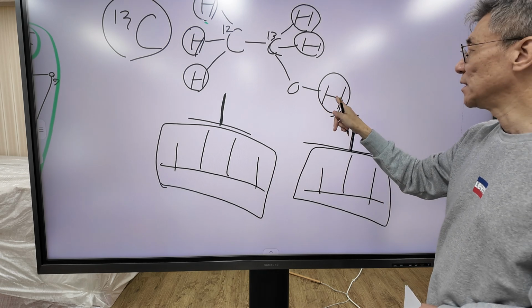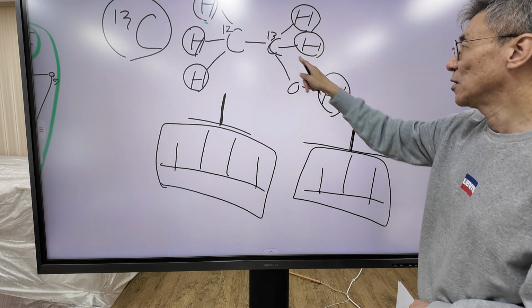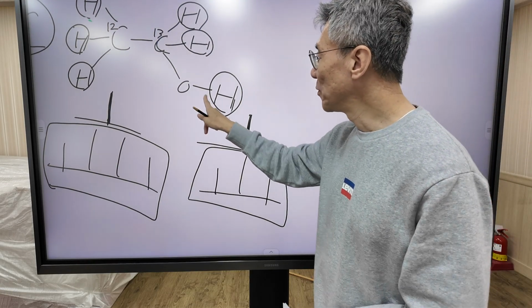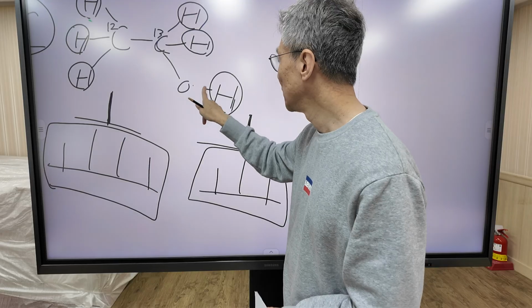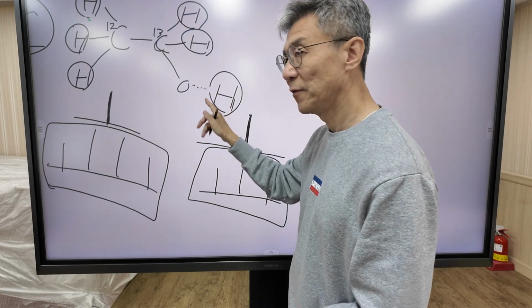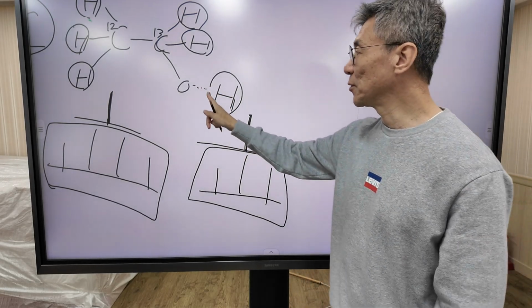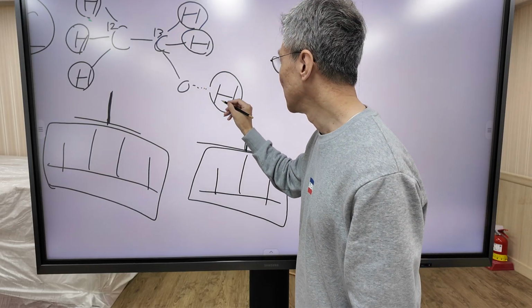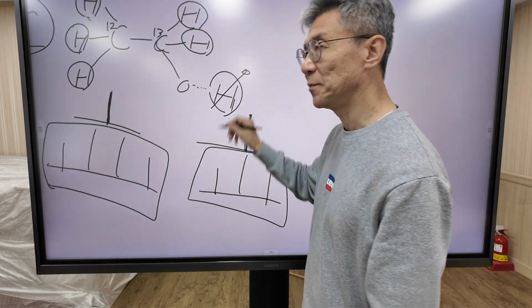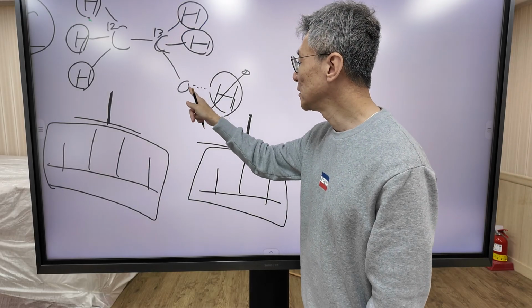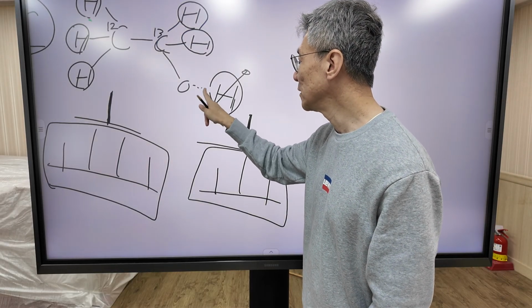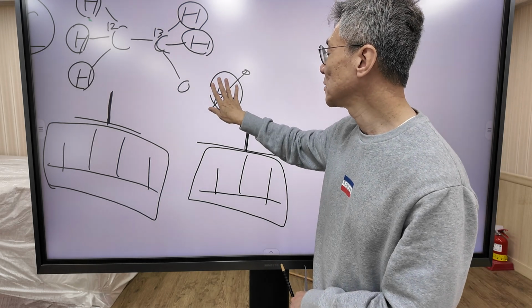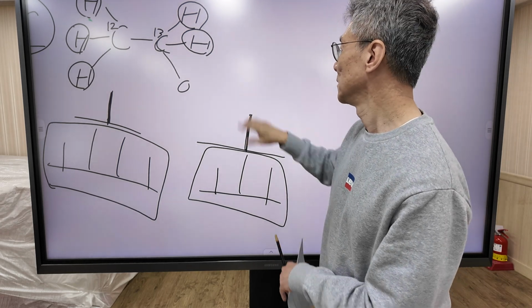What's the reason why this hydrogen cannot be coupled? It is a little bit delicate. The bond between oxygen and hydrogen is actually very weak. It is easily broken and easily formed. So first assume that the spin state of hydrogen is up spin. Initially this bond is formed, but sometime later this bond is broken, and the hydrogen leaves the oxygen.